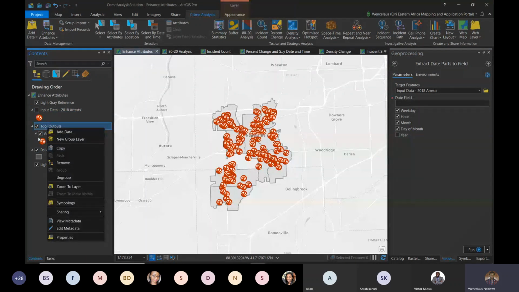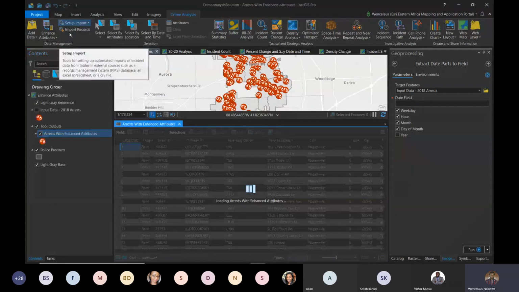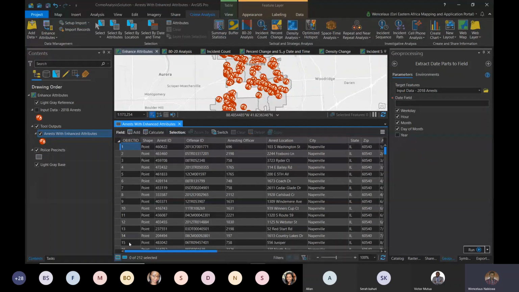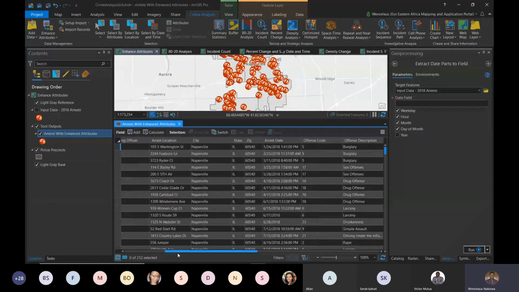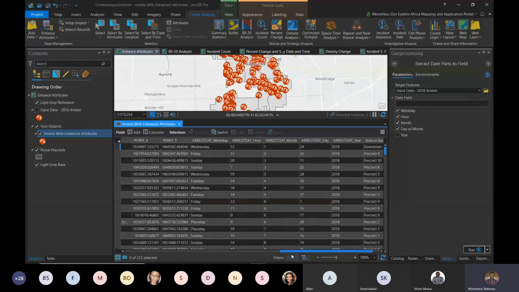So you'll realize that I've already run this tool, and I'm not running it in real time because we have had challenges where, for instance, it may take a lot of time to load, and the concept is what is very key here. So you can see that after running the tool, we have the hour added, we have the arrest date added, we have the day and the year, and this really helps you out to focus on